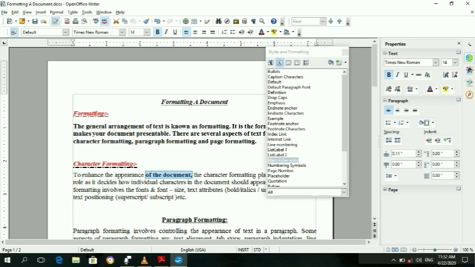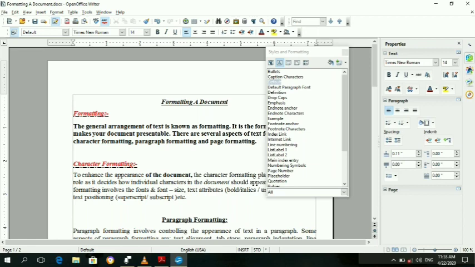Once I select this one, see, it looks like this, bold. If you want to change this character to emphasized mode, select Emphasis and see the change; its appearance has changed. So this is the method to change the character style, paragraph style, etc.